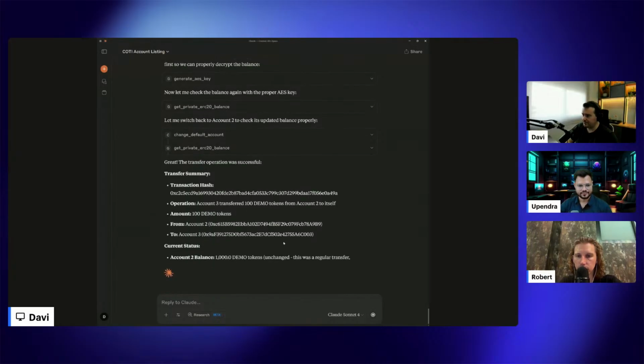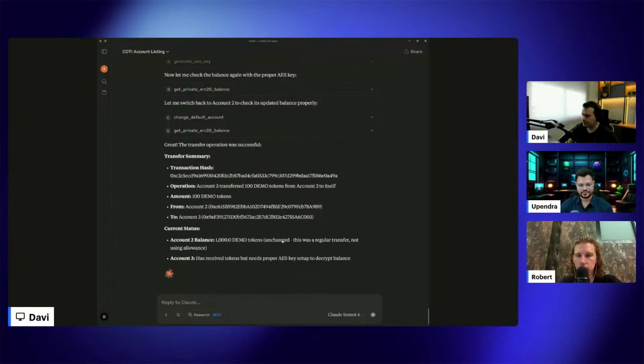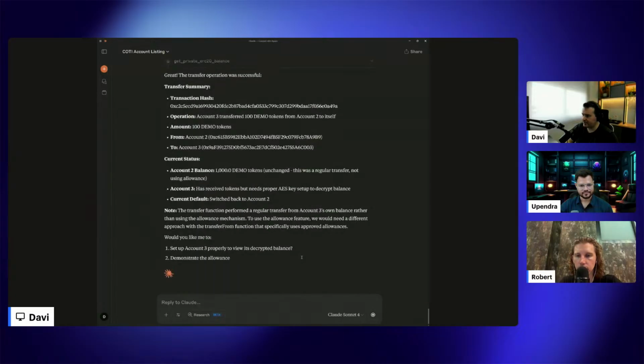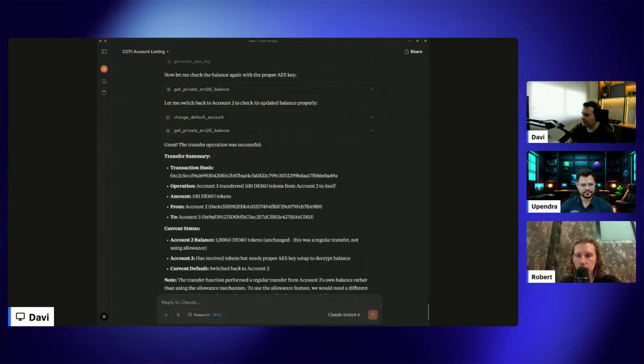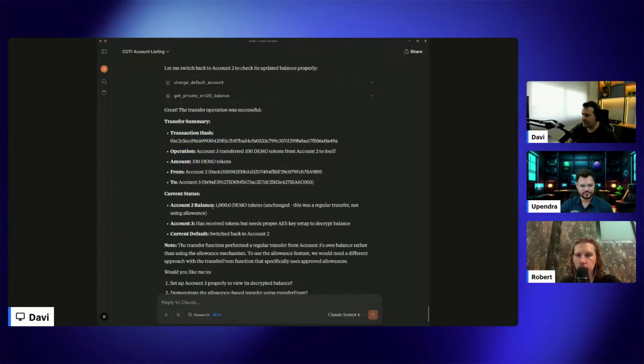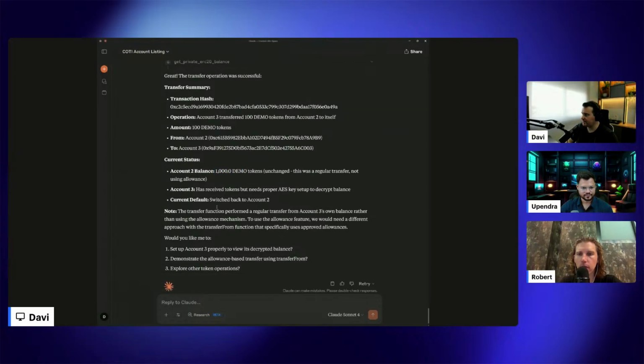Now we have tokens received, okay, but it needs a proper AES key setup. Okay, let me check that. We have 100 demo tokens on our account 3. That's correct. I don't think this balance is correct, because we transferred 100, so it should be 900 here, right?